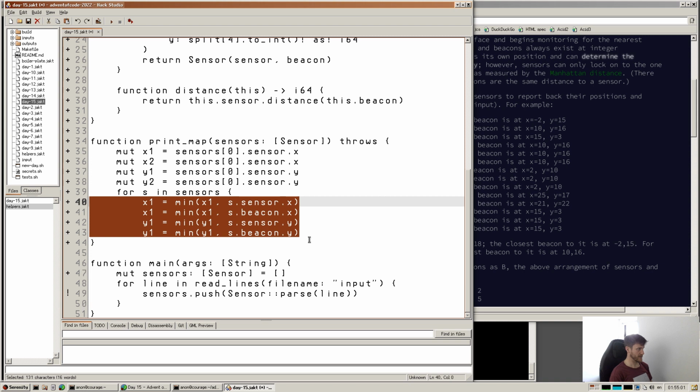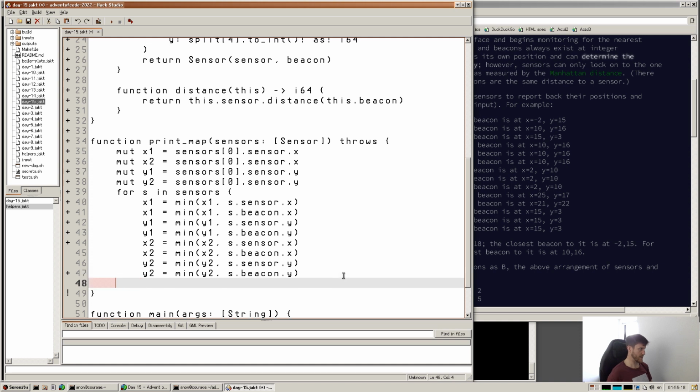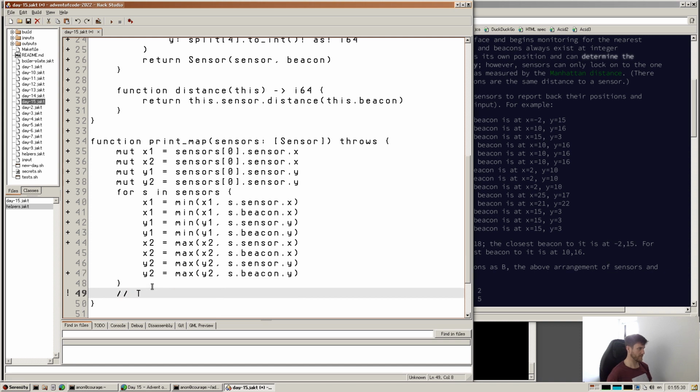And here we can just collect all this and maybe have the 2's here and the 2's here, and we'll also need to change that to max. Alright, and I'm just going to add a to-do to finish this, because I'm getting a bit